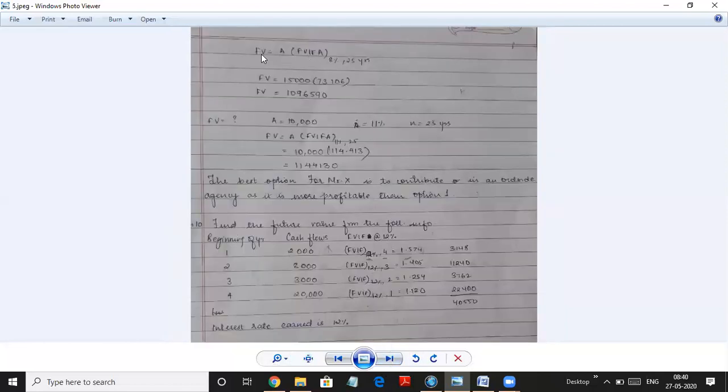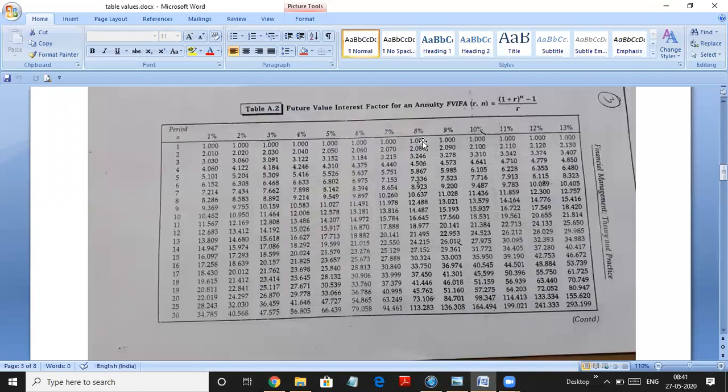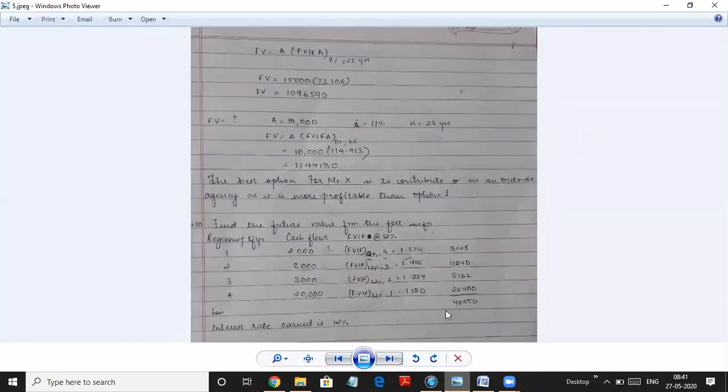So we'll find the future value of it first. How much Mr. X will get if he puts 10,000 and the firm puts 5,000. So future value is equal to 15,000 total into future value interest factor annuity at 8% for 25 years. So we have to go to the annuity table. At 8% we have to go till 25 years. So 8% 25 years you get 73.106. So 73.106, if you multiply, you will get